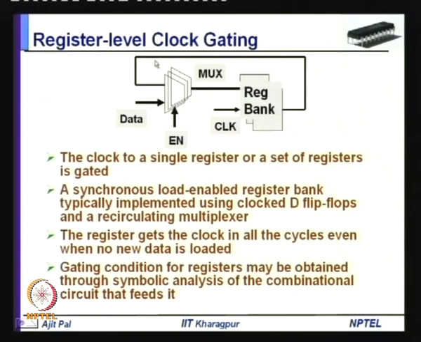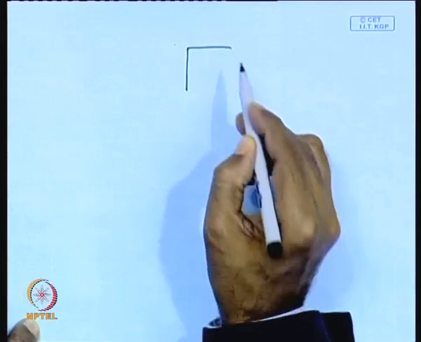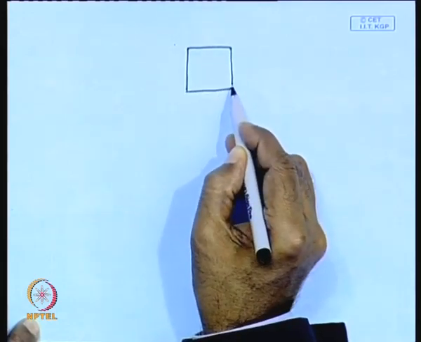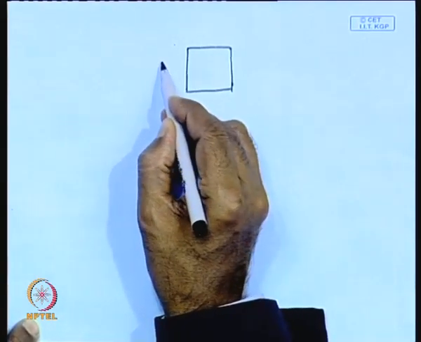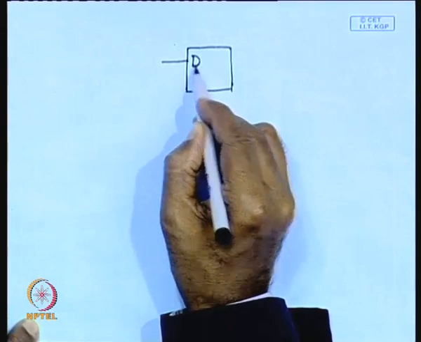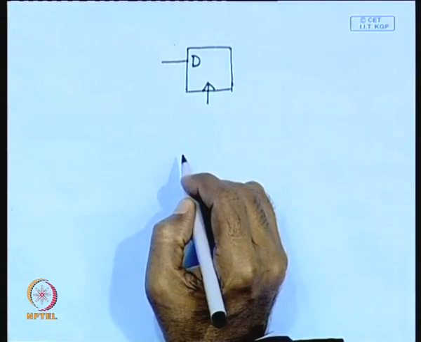Now, coming to register level clock gating, let us consider how data is loaded in a register. Let us assume this is a register bank. Let us consider a single register before we consider a register bank. So, this is a register, and to this register you can load data. Normally, it is implemented with the help of a D flip flop, and the D flip flop has a clock input,